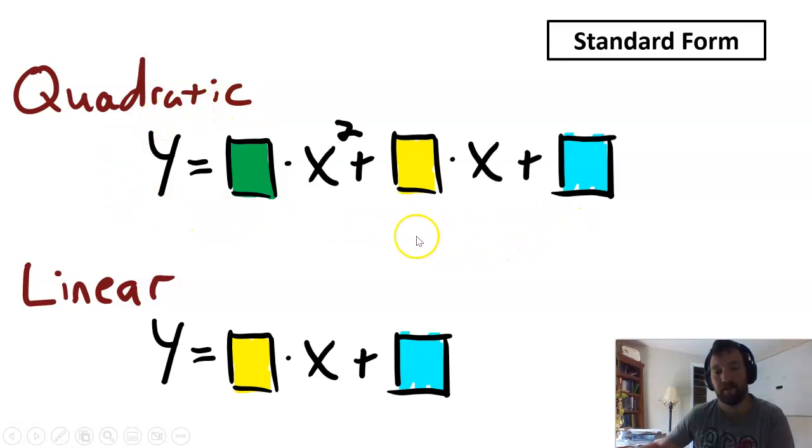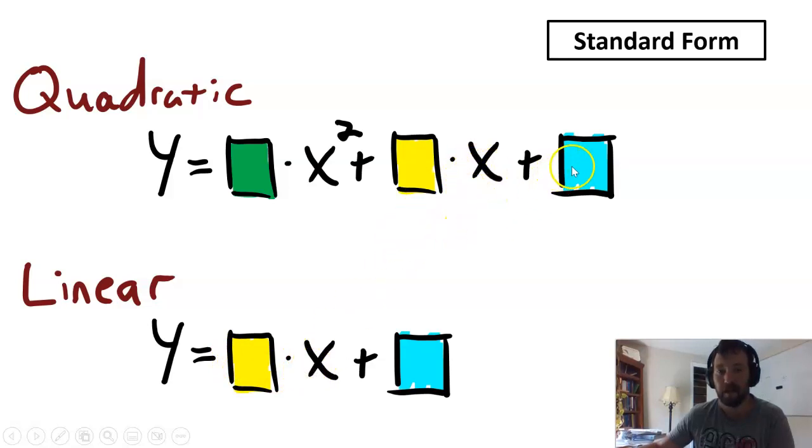Notice that there are actually 3 pieces of information that you need, or in other words, 3 numbers that you need to put in these boxes to make your quadratic function. Okay, this is compared to the linear, which only has 2 pieces of information. Now notice 2 of the pieces of information are the same in the linear and the quadratic. In the linear we have this yellow box next to an x, and in the quadratic we have the yellow box with the